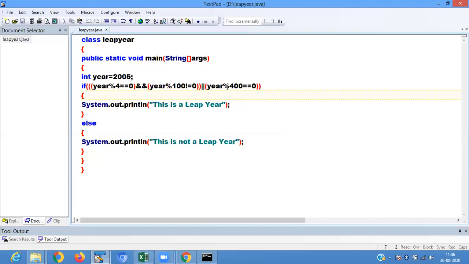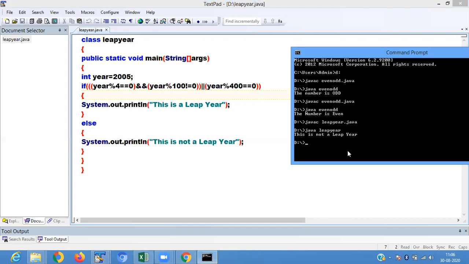Or your year modulo 400 equals 0, then it shows it is a leap year. And if your condition is false, it shows it is not a leap year. Here 2005 does not match that condition, so it shows it is not a leap year.